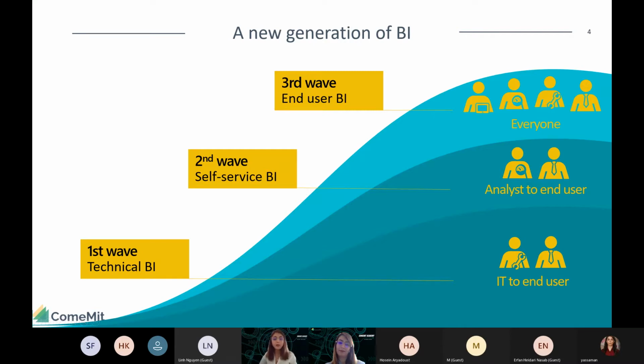There were systems that only IT people had access to, and these systems were so big and so complex to work with. So everyone who wanted to have some sort of reports or analytics reports back, they had to go to IT and ask for that report. And sometimes this process was taking so long that when they had the report, it was obsolete. So the data or the analytics was not so valid, so to say. That's why the second wave of business intelligence came.